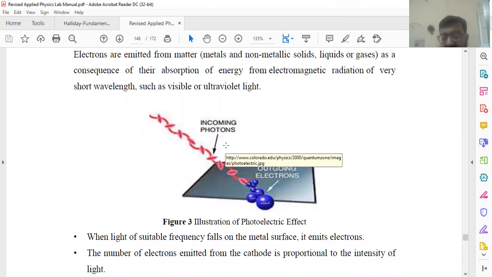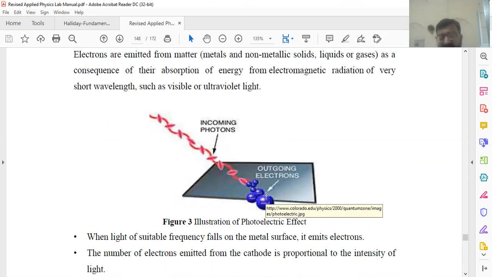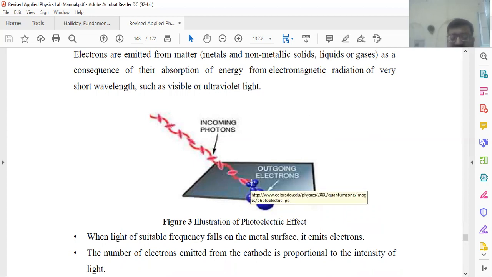Electrons in this diagram will only be emitted if the incoming photons have a certain frequency. That frequency limit is known as the threshold frequency, the minimum frequency required to eject an electron from the surface of any material. So this is also related to material properties. This happens only in certain cases, not with all materials and not with every type of frequency. The probability of the photoelectric effect is related to visible light and metal materials.